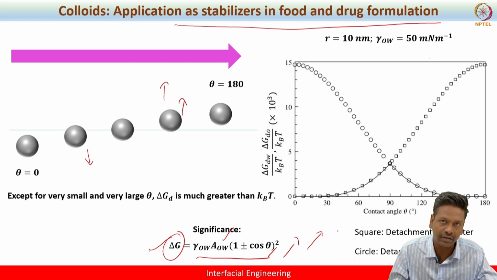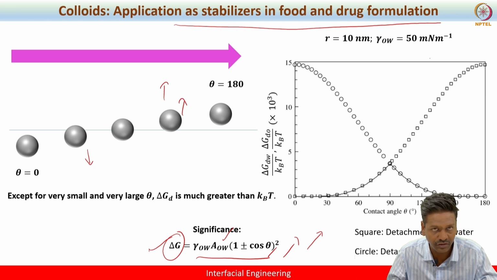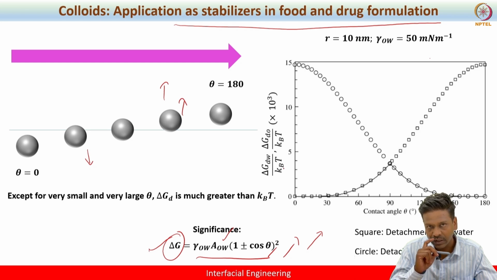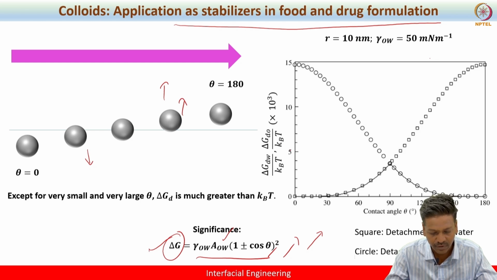So how do we understand that? By calculating this delta G detachment into water or into oil, one can understand whether the energy penalty is large or small. The energy penalty has to be large so that you can say that the particle will remain forever at the interface, right? In this plot, you can see that this delta G detachment into water is already normalized using the thermal energy, which is kBT, to say how much kBT is required to detach the particle, right?